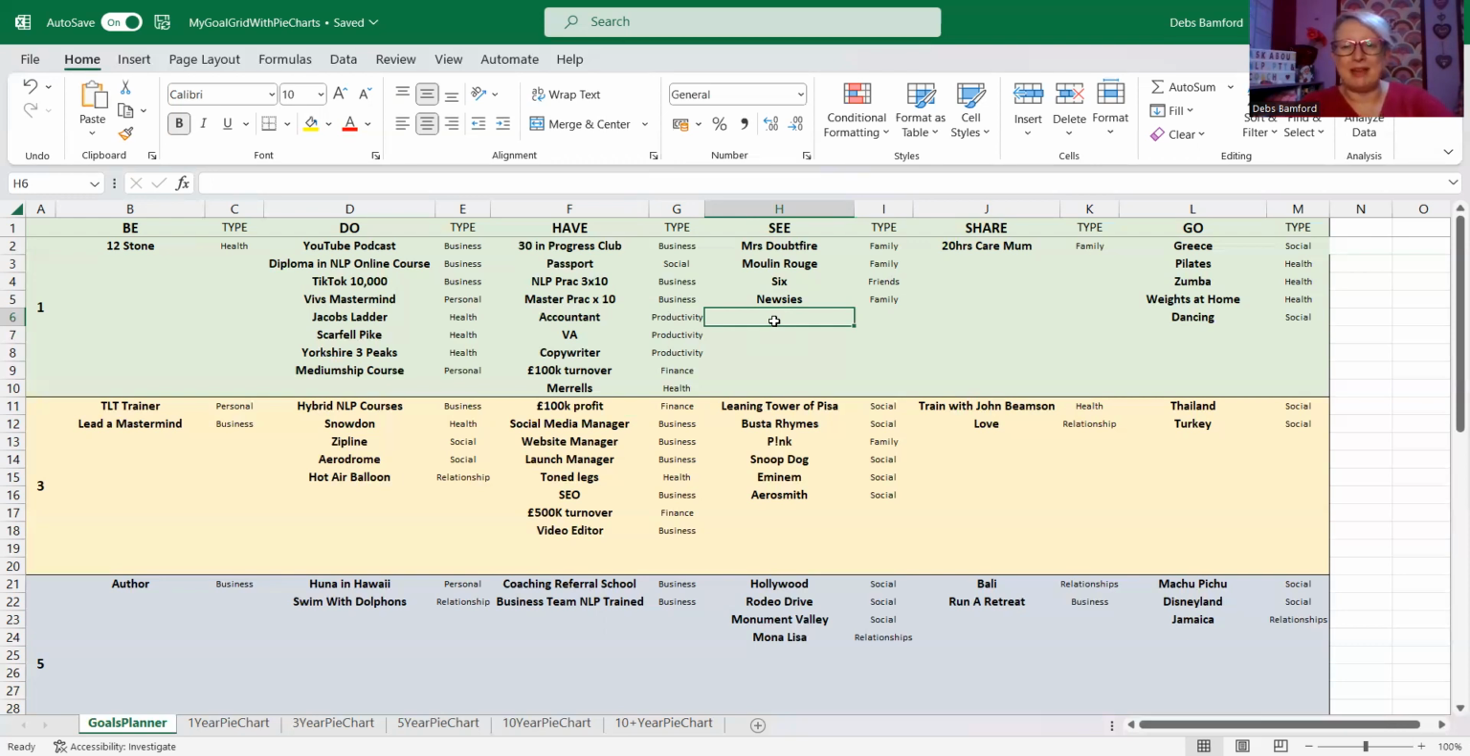Newsies is a musical, by the way. I love a musical. I was saying to, I think it was Charlotte and Mark earlier today, I've put that I want to see